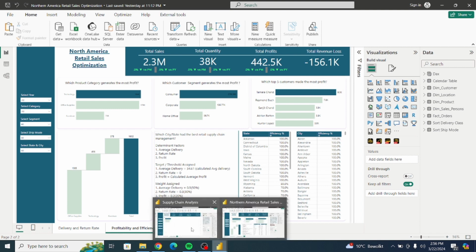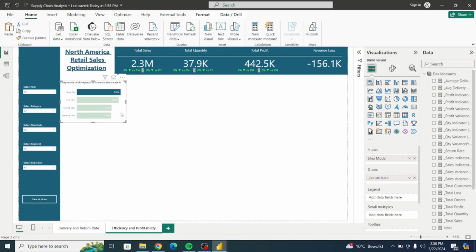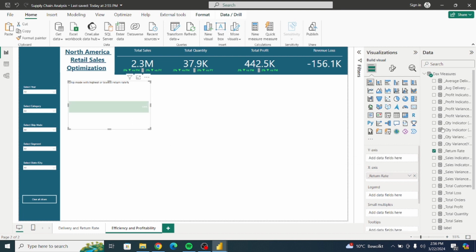So let's navigate back to our report. We're going to be using this. Remember, I didn't delete this. That's the reason I actually kept this. So I'm just going to increase the size. I want to check the ship mode now. We don't need the ship mode. What we want is actually